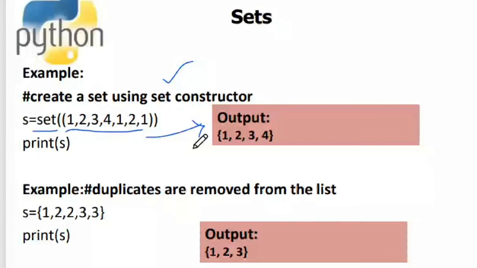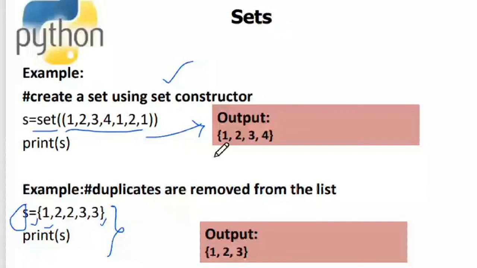So this is how I'm creating a set. What is the other way to create the set? We are saying set variable. Here S is the set variable and is equal to, and then I put curly braces, and inside this I'm giving the values: value 1, comma, value 2, comma, up till value n. This is how I create a set. But other than giving the syntax with curly brackets, I can also create a set by using the set constructor.